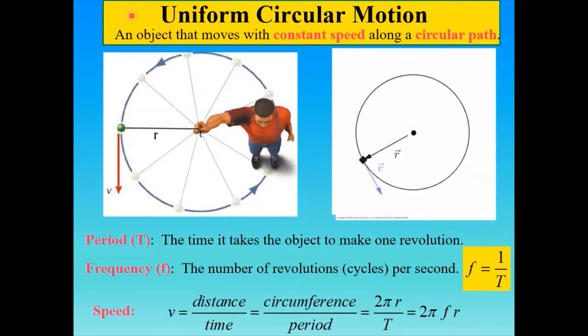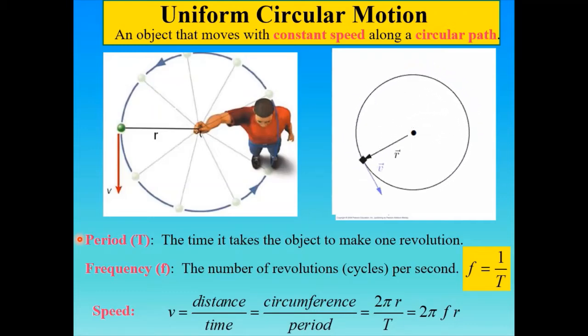So what you just saw was called uniform circular motion. This is when an object moves with a constant speed along a circular path. So in the demonstration where I was spinning the tennis ball on the string, the ball was moving at a constant speed. It wasn't speeding up or slowing down, and obviously the ball was traveling in a circle because of the string. So there are three basic properties of uniform circular motion here,